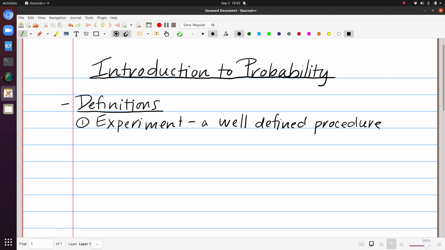Once I have an experiment at hand, then we can talk about what we can refer to as the sample space. And this is also sometimes referred to as the outcome space. And this is simply the set of all possible outcomes